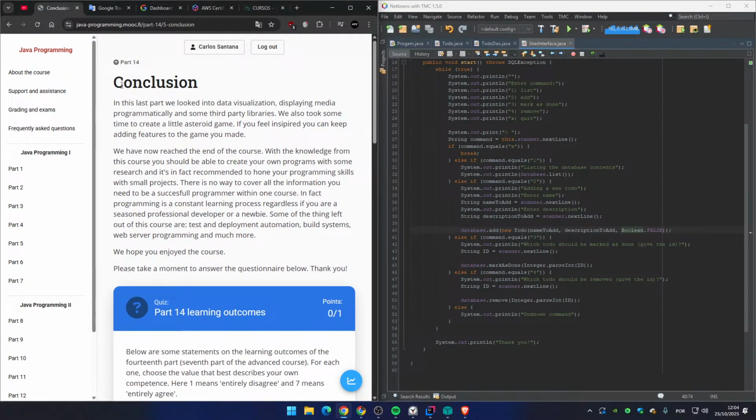In this last part, we looked into data visualization, displaying media programmatically, and some third-party libraries. We also took some time to create a little asteroid game. If you feel inspired, you can keep adding features to the game you made. We have now reached the end of the course. With the knowledge from this course, you should be able to create your own programs with some research, and it's highly recommended to hone